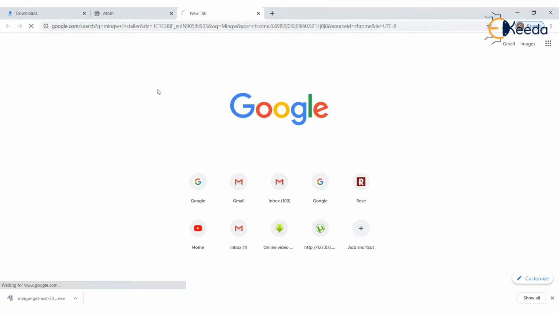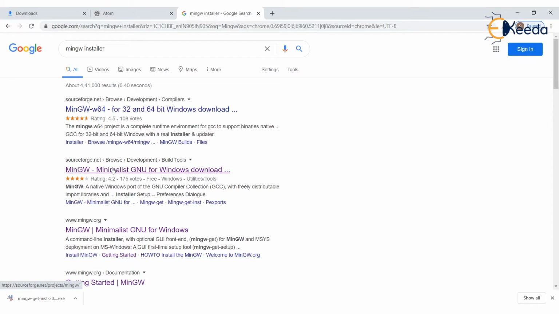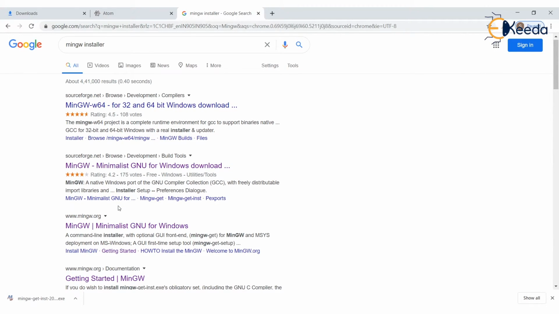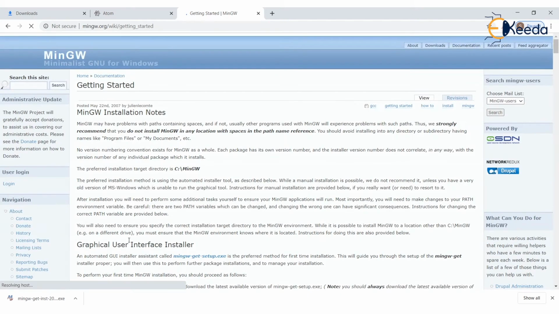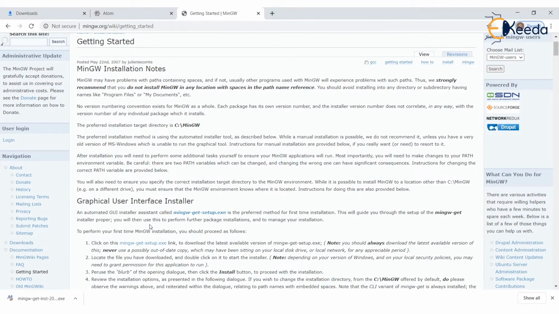Okay, just check. You will get this page, getting started mingw. This one, getting started mingw. I found this most favorable page where you can comfortably download mingw. Now you just scroll down and you will see here, click on this file mingw-get-setup.exe.